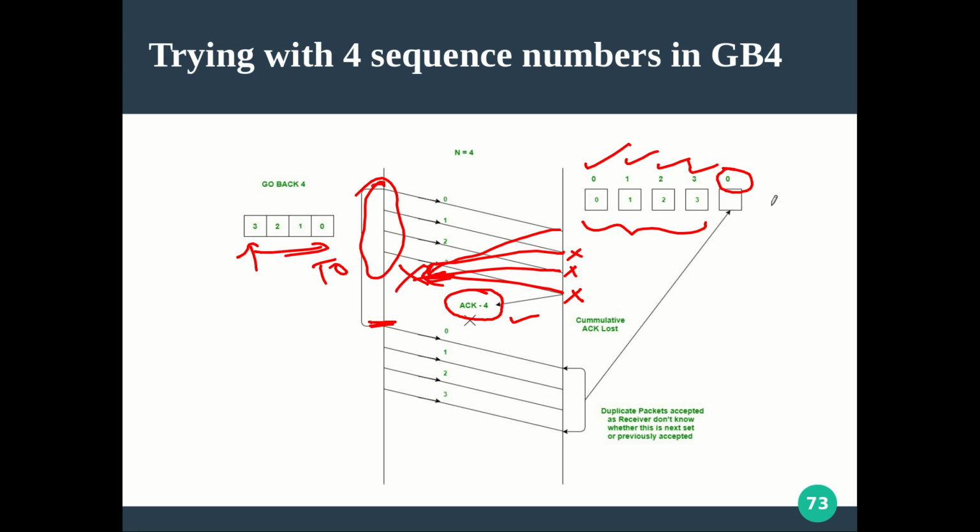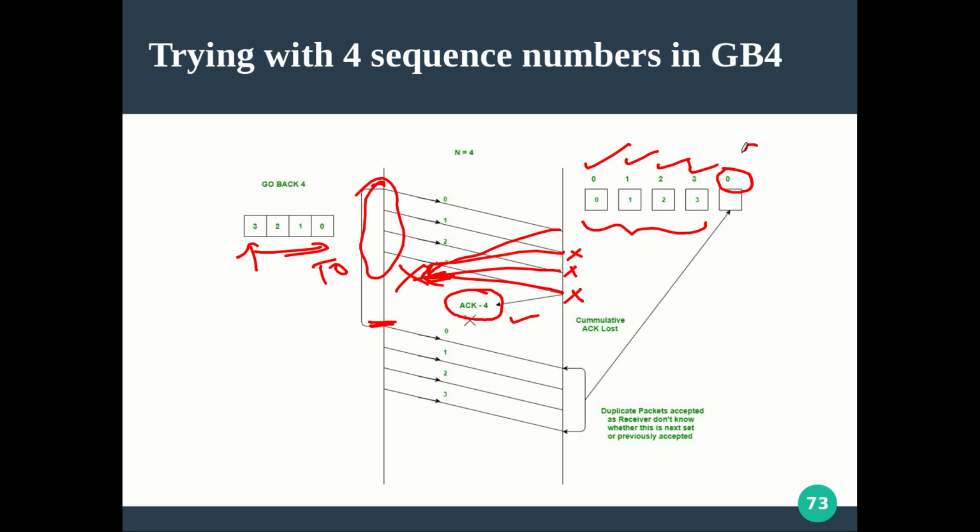understand this fact that this is a duplicate, because duplicates are filtered with the help of the sequence number. Don't think of it as 0, 0 in that way. As per the receiver, this 0 means the sequence number of the 5th packet, right? It is expecting the 5th packet. The 5th packet is coming next. Definitely we know the 5th packet sequence number will be 0, because the 0 is something already consumed, and definitely I can give 0. That is the assumption we have taken, and that is how the protocol is working. So the receiver is waiting for the 5th packet, but the sender is actually sending the 0th packet only,